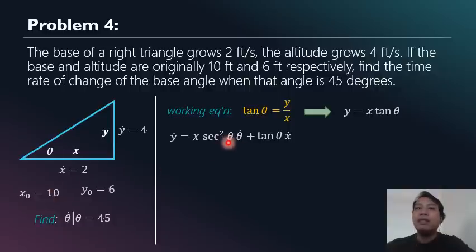Next, theta. Is theta given? Yes, 45. D theta over dt is actually what we're looking for. Theta is 45, and x dot is 2. So, aside from theta dot, which is what the problem asks for, what we don't know yet is x. But remember, what is x in the problem? X is the length of this side, not initially, but rather when theta is already 45 degrees. And that is its initial value